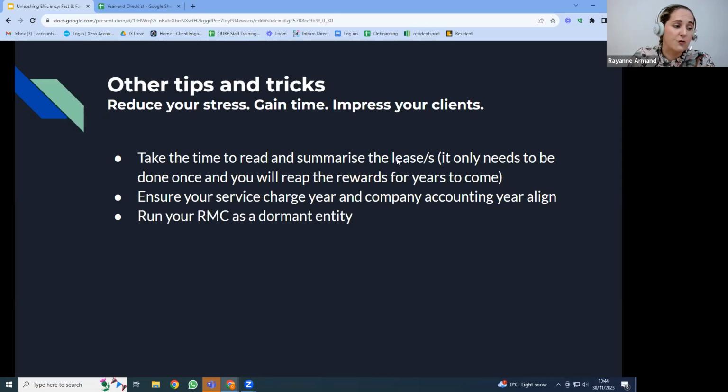The next is to run your resident management company as a dormant entity for Companies House purposes wherever possible. Now, as long as your resident management company doesn't have income, beware of ground rent or interest income. So as long as there's no ground rent or interest income, you can run your resident management company as a dormant company for Companies House purposes, and you don't need to file micro entity accounts. This will save time and money for the